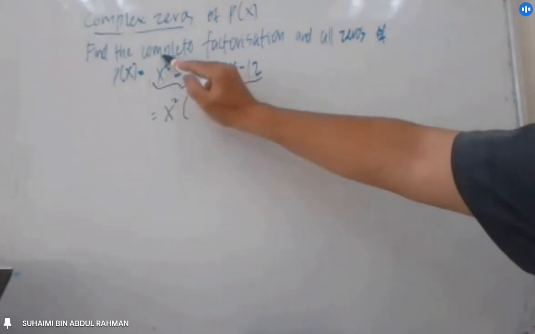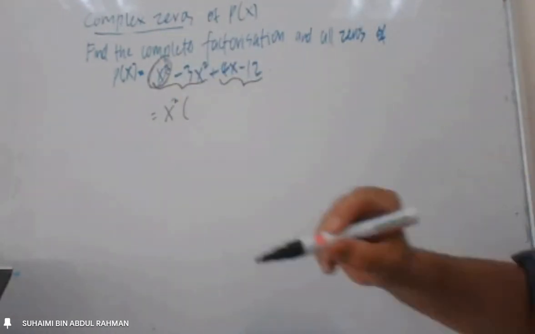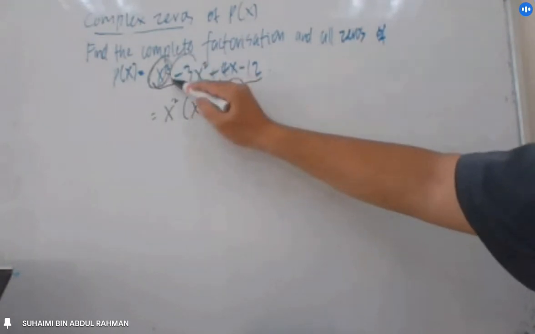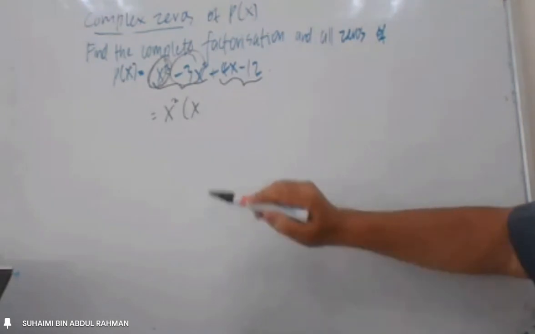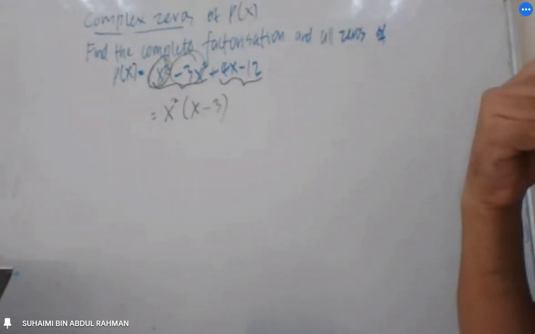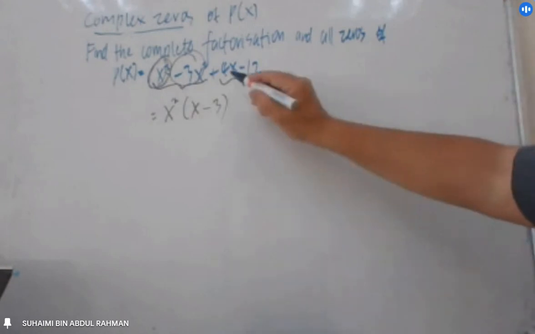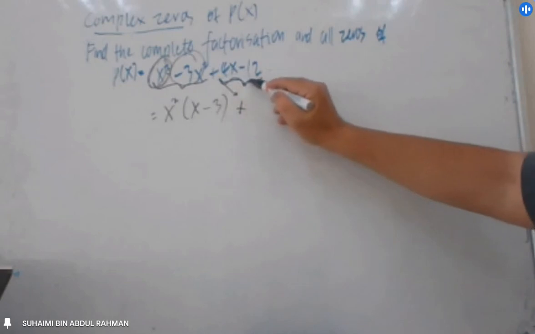We want to produce this one first. What do we have to do? X. Then we want to produce this one. What do we have to do? Minus 3. Yeah, we go one by one. Okay, plus. Then we go to the second